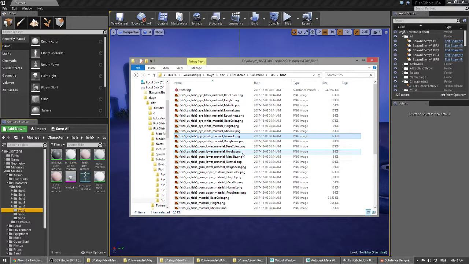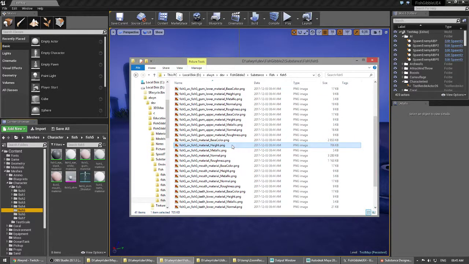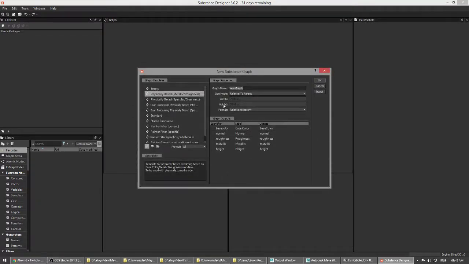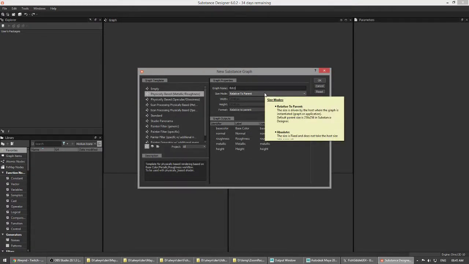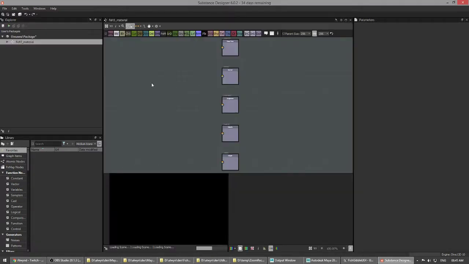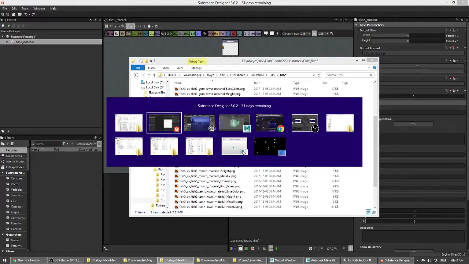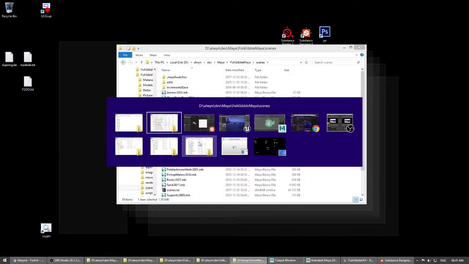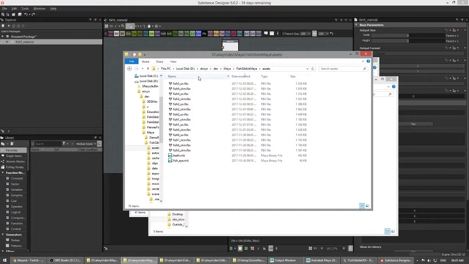Okay, so the first one I'm gonna do, this is also a little bit of a repetitive task, but that's why we do this, it's workflow. Just gonna start a new graph, whatever. I'm gonna link the model. If I don't link the model, then it won't know which material IDs to assign to,